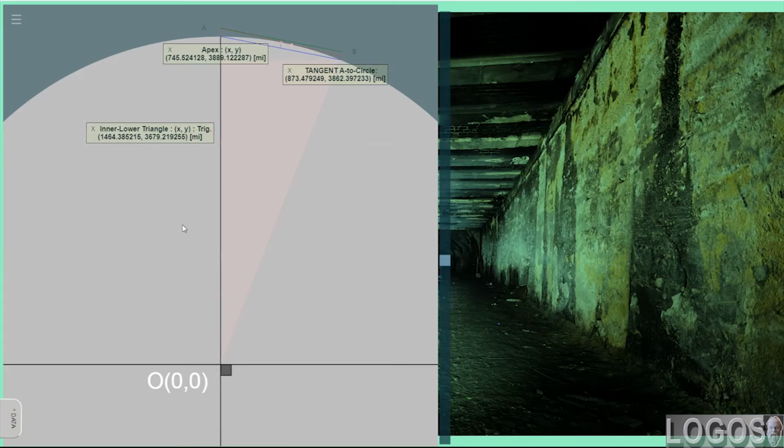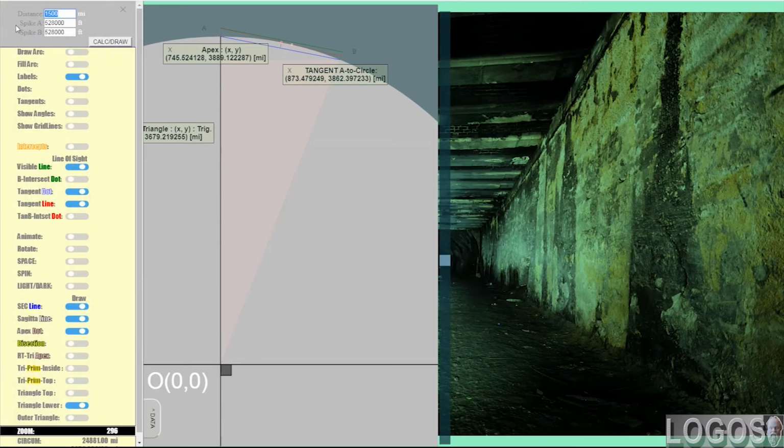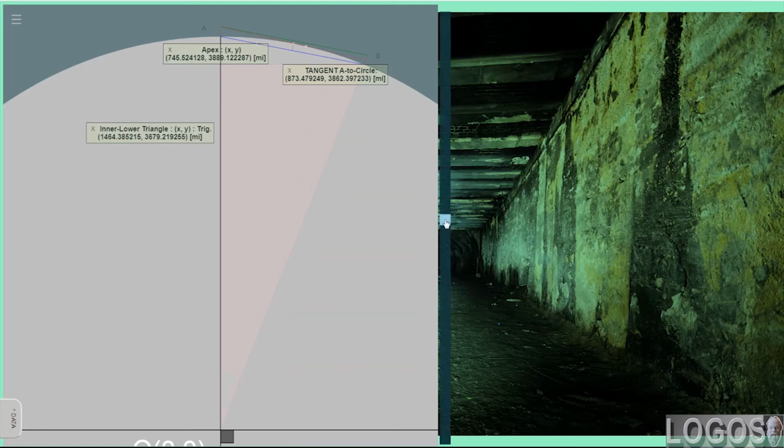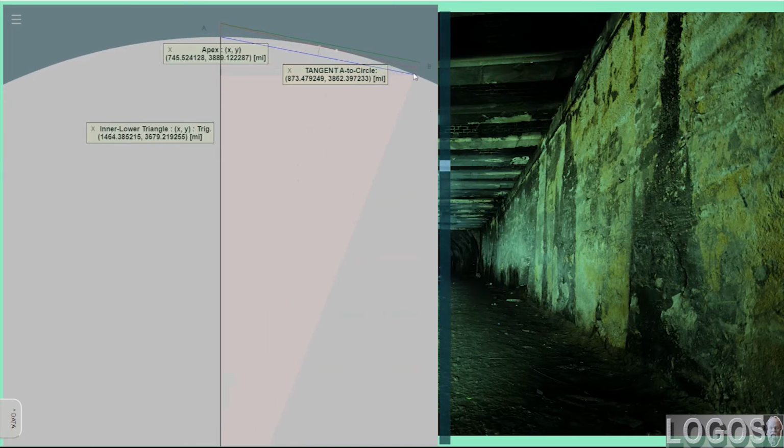Inner triangle. Pardon me. That's what we want to talk about. 58 miles, 48. See, it's almost 50-50. And if you look at it, half of it's visible, half of it's hidden. And if you look at this diagram, you can see here. You can just gauge, and it looks, oh, half of it visible.